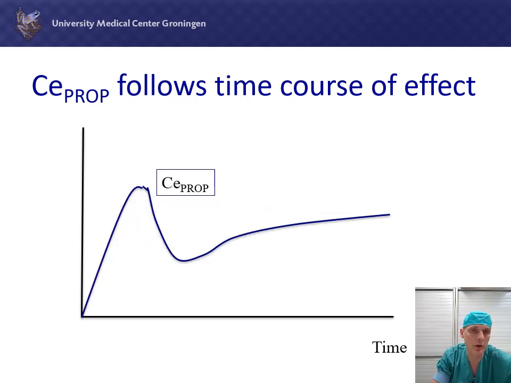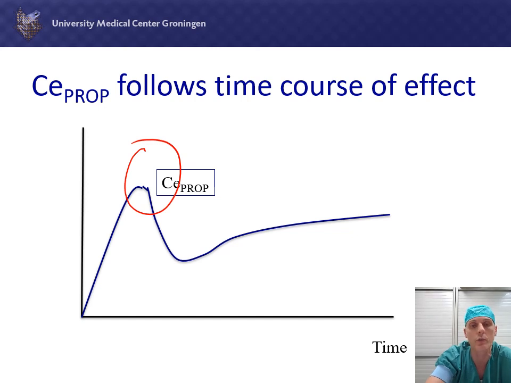The pattern will be completely different if you give a bolus and a continuous infusion instead of using effect site control TCI. And the reason is that the underlying effect site concentration estimation will be completely different. So initially, if you use a bolus, you will see a high peak in the effect site concentration, and this might result in an overdose of your clinical effect. You will not have this steady